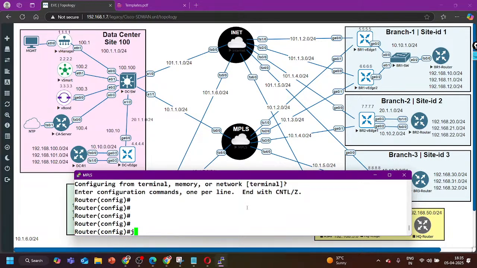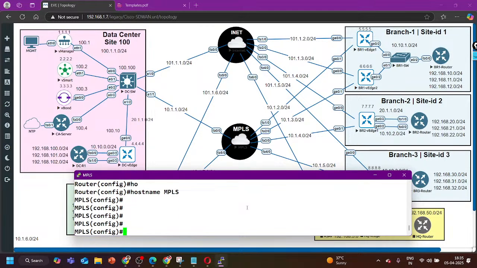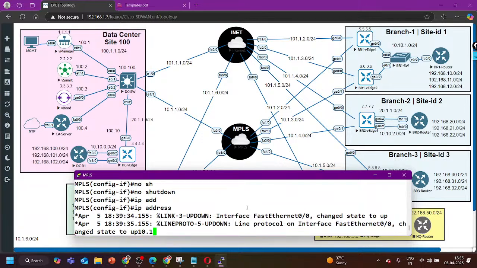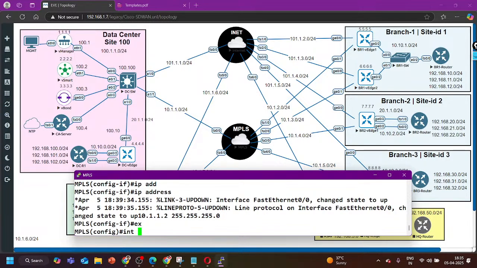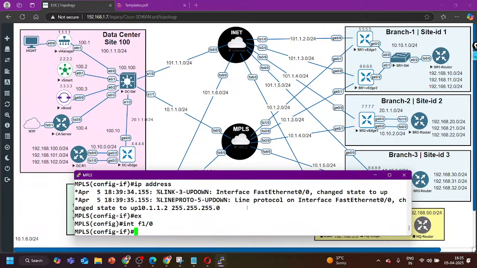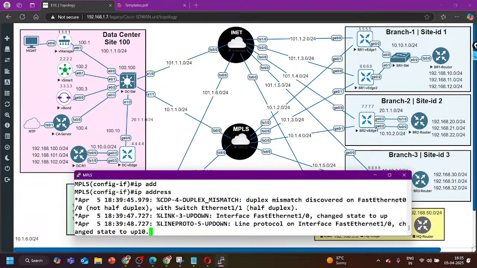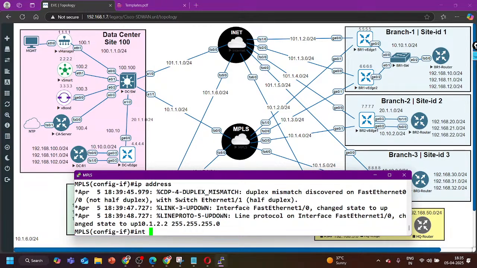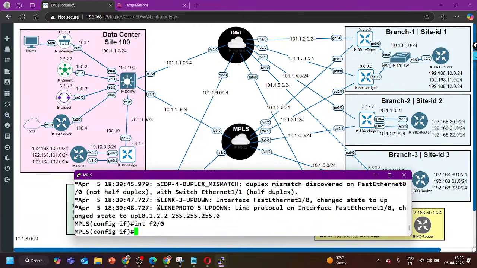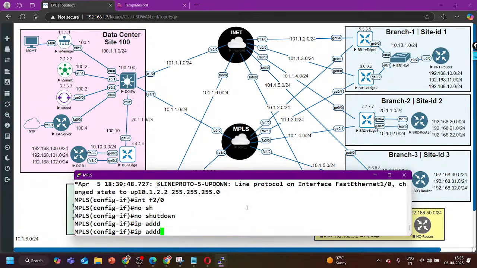Config T, hostname MPLS, interface F0/0, no shut, IP address 10.1.1.2, 255.255.255.0, exit. Interface F1/0, again say no shut here, and IP address 10.1.2.2, 255.255.255.0. Interface F2/0, no shut, and IP address